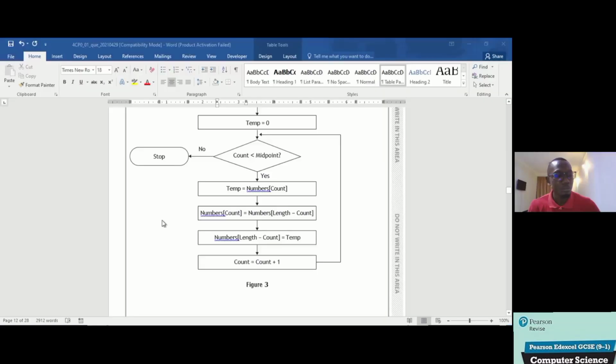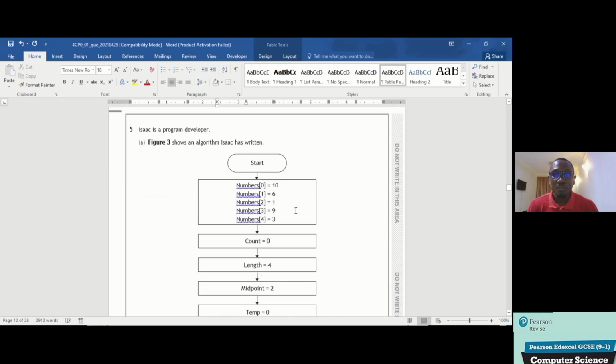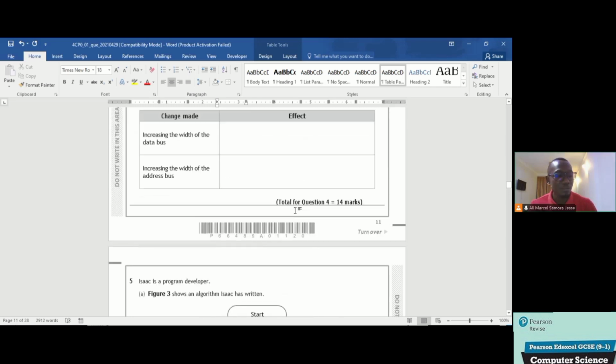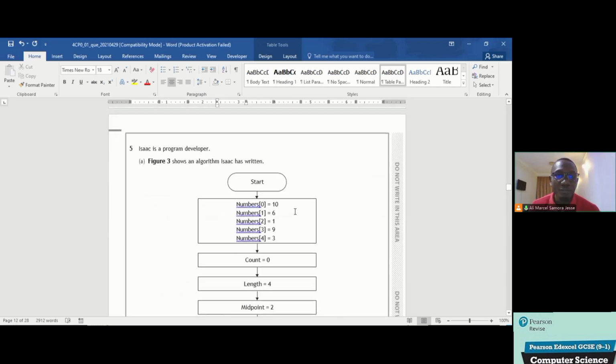I am going to tackle one of the toughest questions that IGCSE students face. So here is the question. We have this question, very famous in computer science. Number 5. It's a flowchart that we need to trace through and find some objects in accordance with an array. So, the question says,